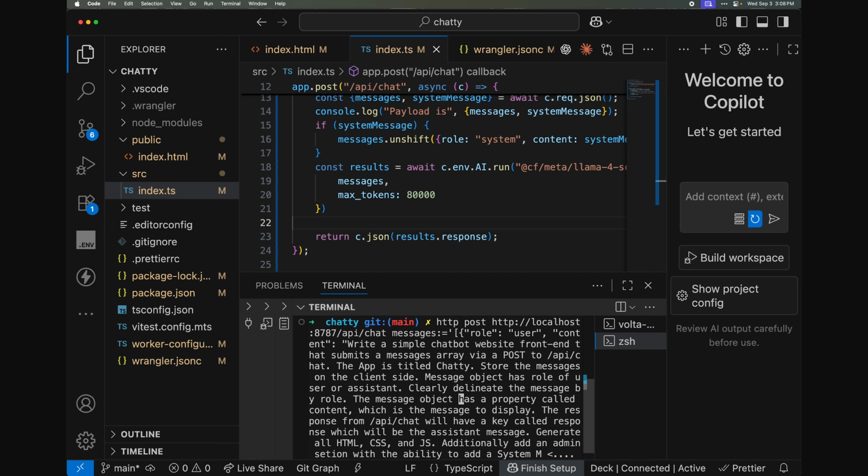The message object has a property called content, which is the message to display. So we've been very, very specific. Probably didn't need to be so specific, but I wanted to be. And I wanted for when you run this, for it to work for you the same way that it's kind of working for me. So the response from API chat will have a key called response, which will be the